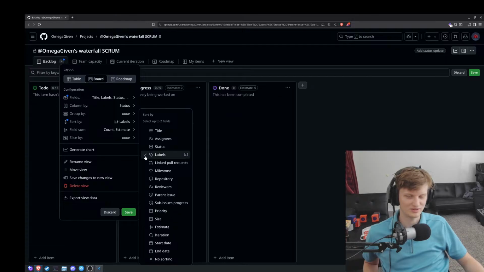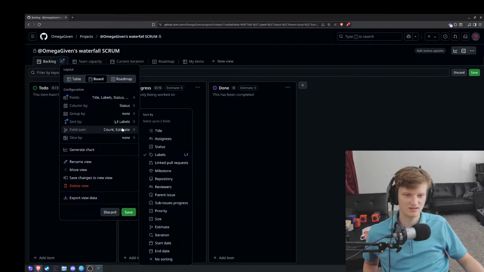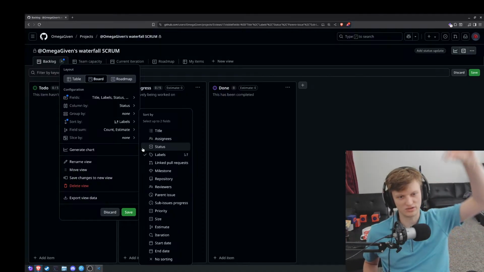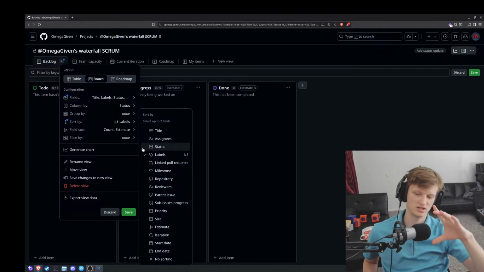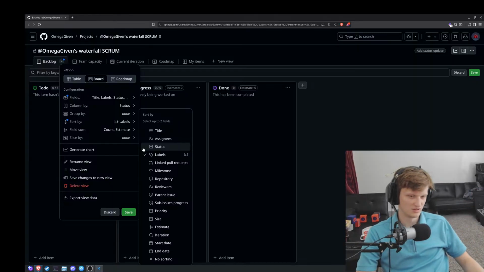It just won't let you do that. Wait, did I just click in the wrong spot? Oh, there we go. We took off priority. Excellent. We don't need that. Also, I don't think we're going to need iteration. So we want to group by labels. That way I can have all the different variety chunks together, and I can work on a chunk, like all the tickets that are lined up. I can work on those and such. So I think we'll do labels.